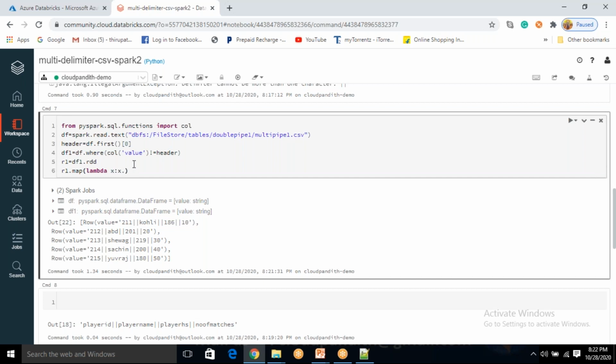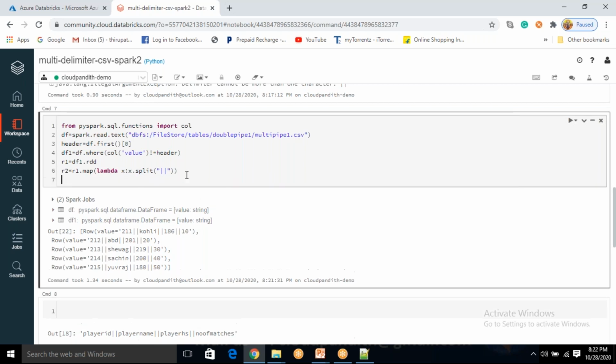For example, this x, that one row, I want to split based on the double pipe. Once you split it, that value is returned to the output, then it passes the second row and I split it based on the double pipe, then the third row, the fourth row, and the fifth row, each split with double pipe. Now we will see how this data looks.